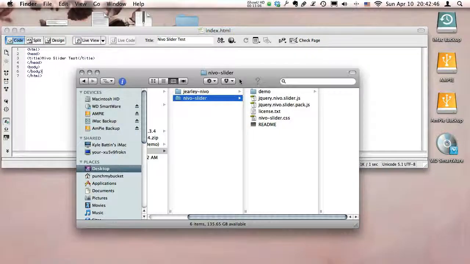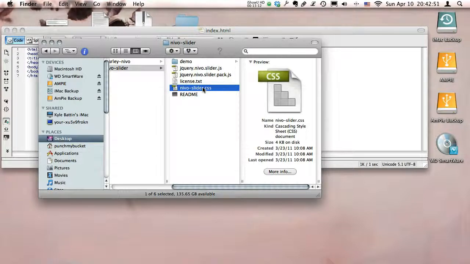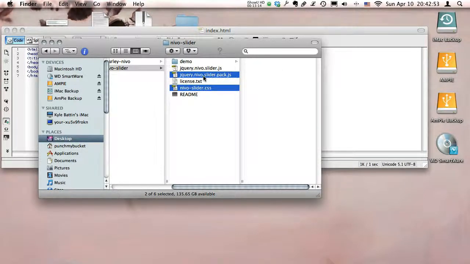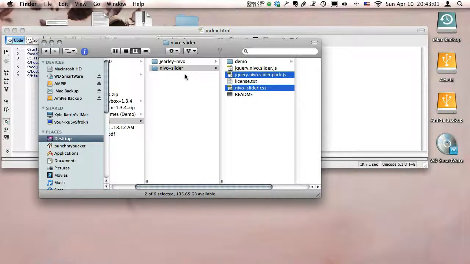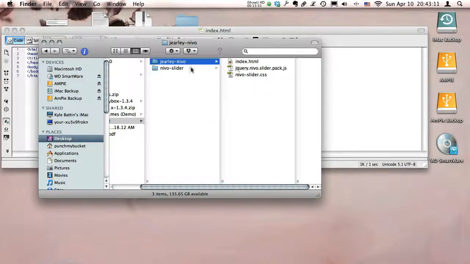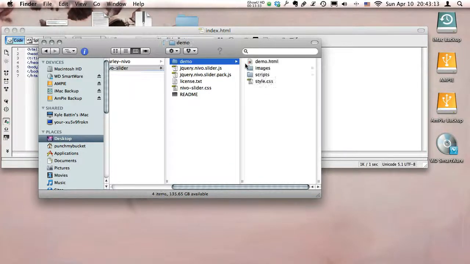So I'm going to go back here, and I'm just going to grab the files that I need. So I need the Nivo Slider CSS, I need the slider jQuery, and they have two here. I'm not exactly sure why they have two, but I'm just going to copy these over. And in Apple, to do that, you just hold down the Option key and drag, and it'll make a copy of it. And then I'm going to go into the demo,